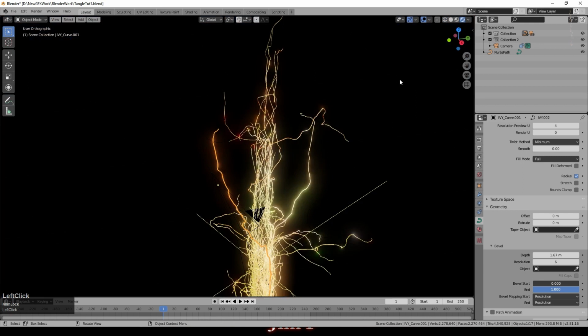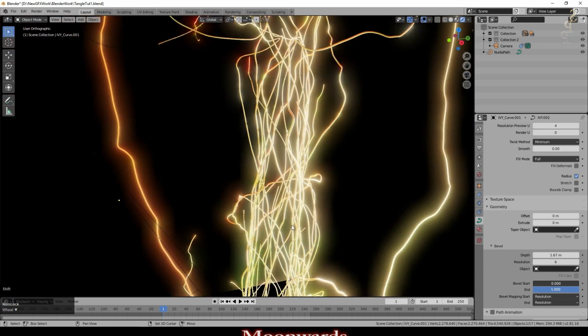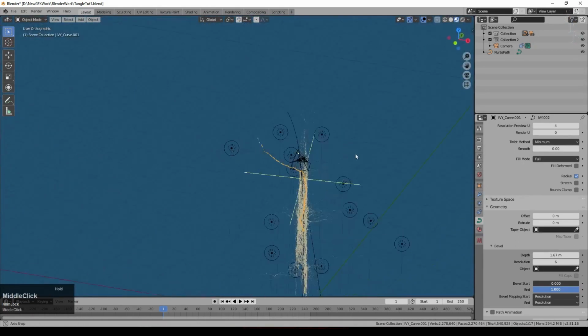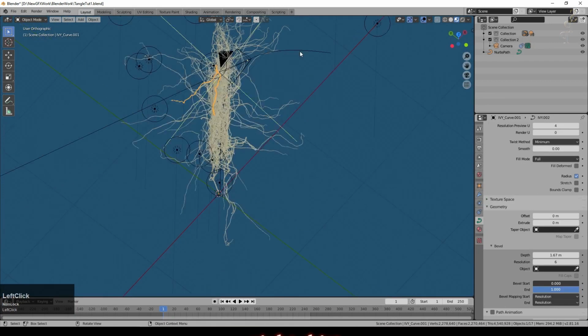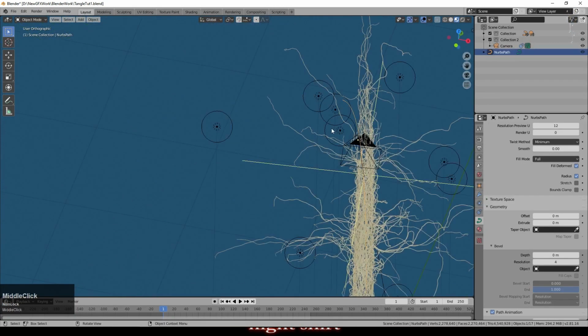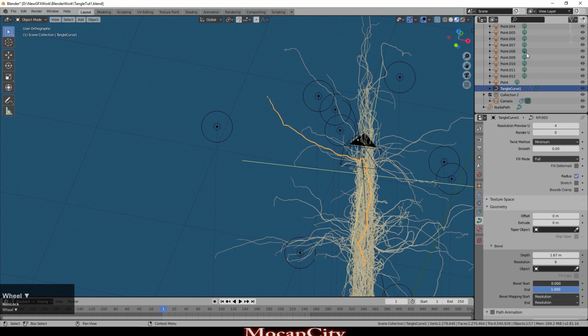So let's just go back into here, see what it's looking like with that smoother little tangle. Looks good, that looks fine. And what we can do, because that is a curve, rather than following this path that I created, and I did several different animations, we could follow that curve. So that's the one there. I'm going to give that one a different name. So that's the one I've got selected. So we'll call this Tangle Curve 1, just so that we can identify it.